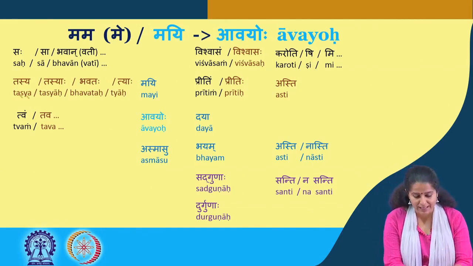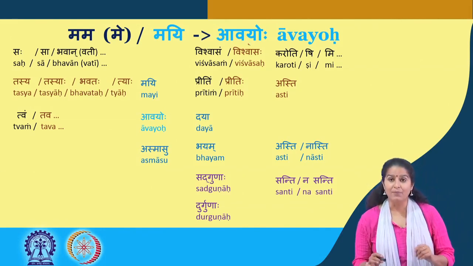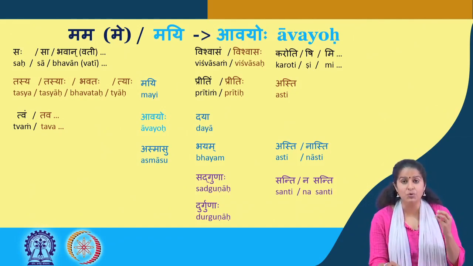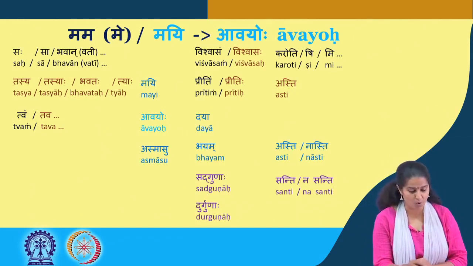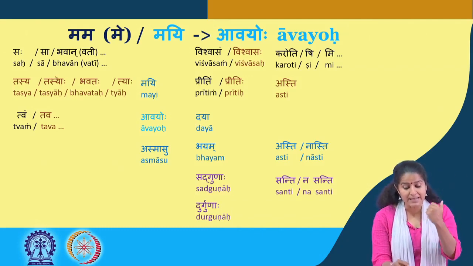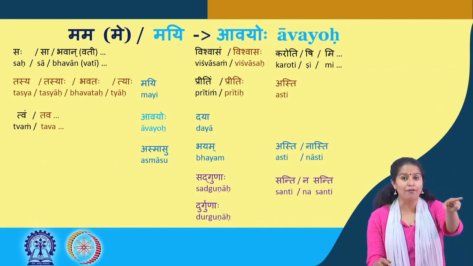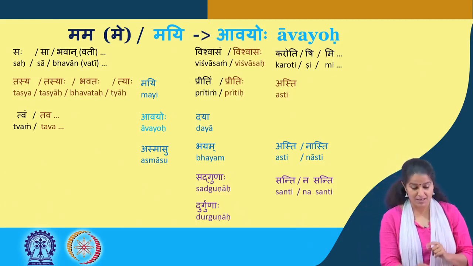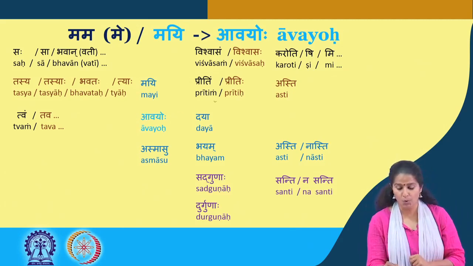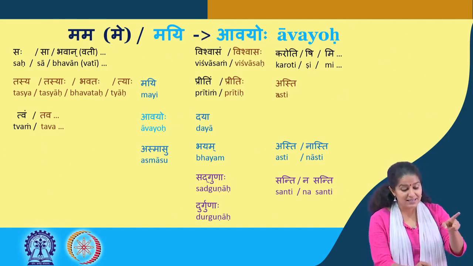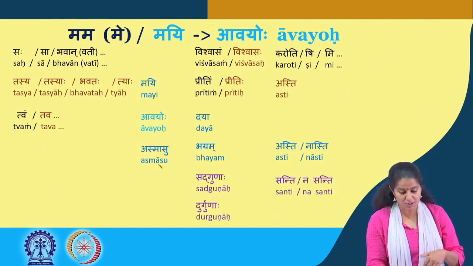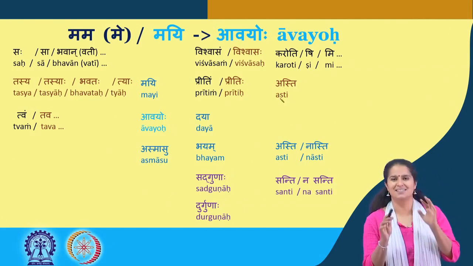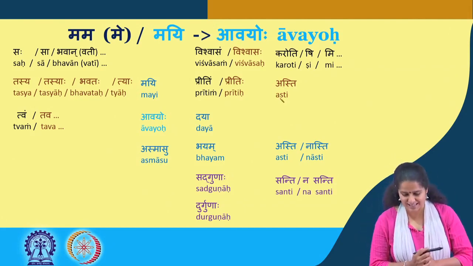Next one, we have the same one with pritihi, but what we will do this time is we will take the second one in brown that you see. And when you see it in brown, like we've seen it before, it says what you have is in the first case. So, tasya mai pritihi asti. So, of him in me there is a love, pritihi or affection. Tasya avayoho pritihi asti. Tasya asmasu pritihi asti. So, his affection is in us. That's what it literally translates as.